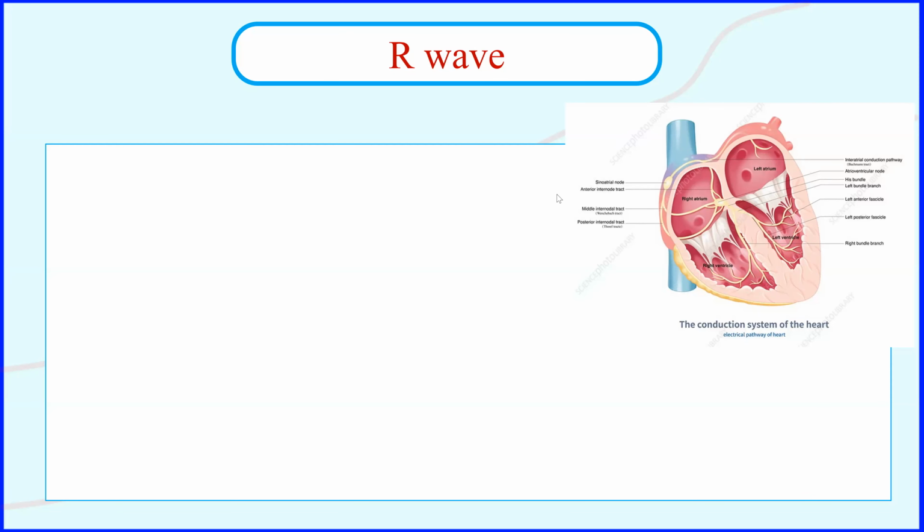And now we will continue our EKG series, and in this video, we'll talk about the R wave. Just to remember, guys, the R wave represents the ventricular depolarization, meaning that when the ventricle contracts, it gives me the R wave. The R wave, generally speaking, should be a narrow complex, and when we say narrow complex, meaning that the total width